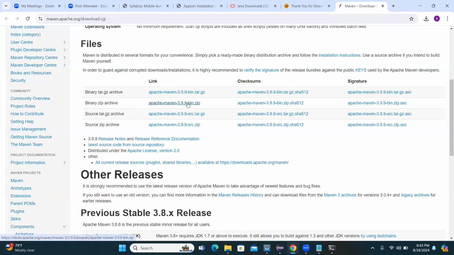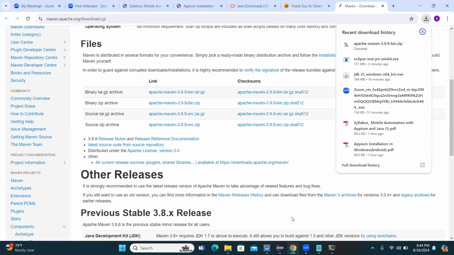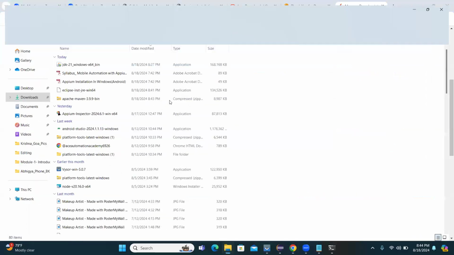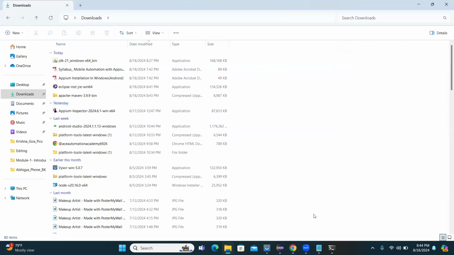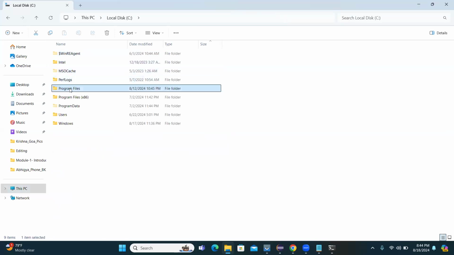This one. You just have to download this zip file. Let's say I'm downloading it. It's not an installer or exe kind of thing. It's a folder structure that you'll be getting. Once this zip folder is downloaded, just extract it, unzip it. Wherever the Maven zip file has been downloaded, unzip it, extract it. And the next thing that you'll have to do is copy that folder, go to program files,